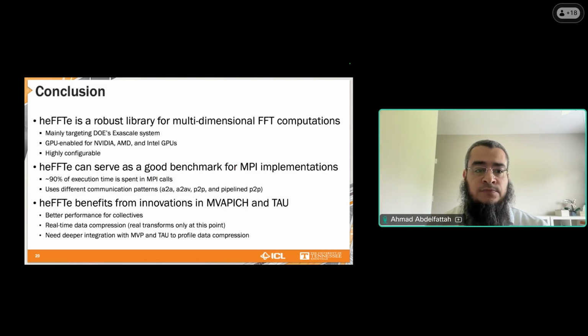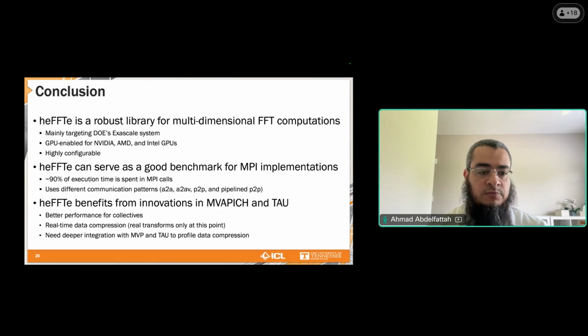And you can see that at smaller scales, we have very good improvement actually, up to 21% performance improvement versus regular collective calls. However, this improvement gets smaller as we increase the number of nodes. And again, this is work in progress. Natalie is working closely with the MVAPICH team, trying to extract the most out of these persistent collectives.